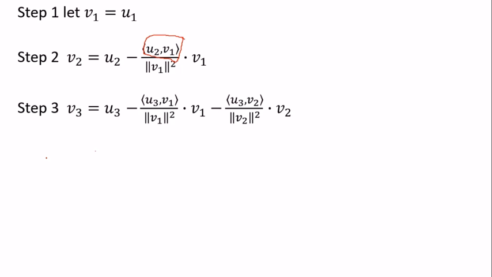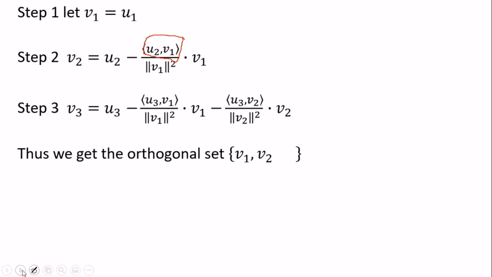Now after getting v1, v2, v3, these are only orthogonal vectors, but actually we have to find the orthonormal vectors. So to get the orthonormal vectors we have to do some more, that is, we have to find the norm of each vector, and with the help of the norms of v1, v2, v3 we'll find q1, q2, q3. Now here we got the orthogonal set v1, v2, v3. Now let us find q1, q2, q3.